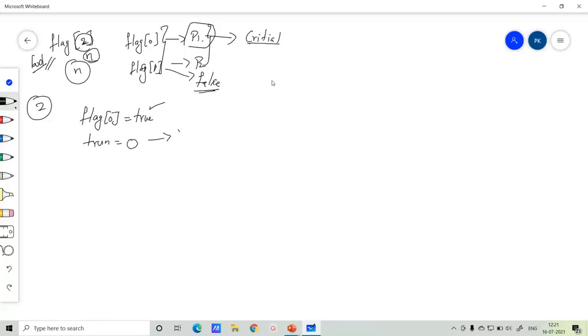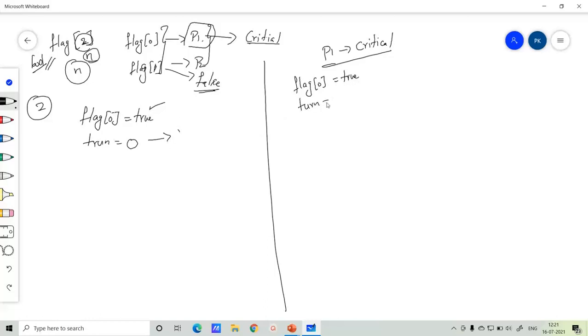So the algorithm for process 1, if process 1 wants to enter into the critical section, as we discussed, flag array of 0 will be set to true. After this, turn will be set to process 1, which is 0.